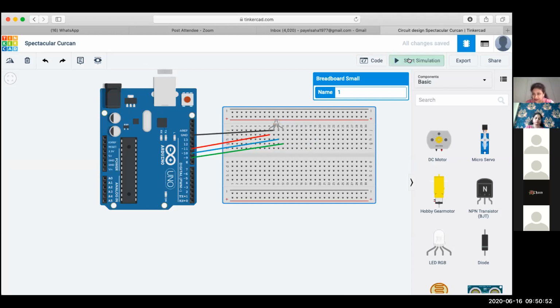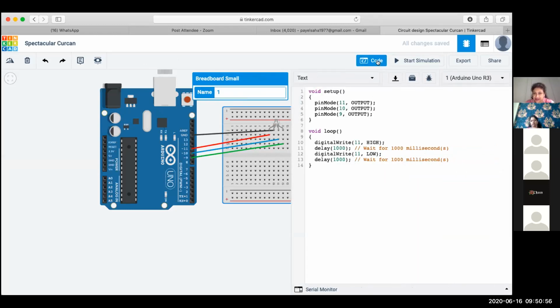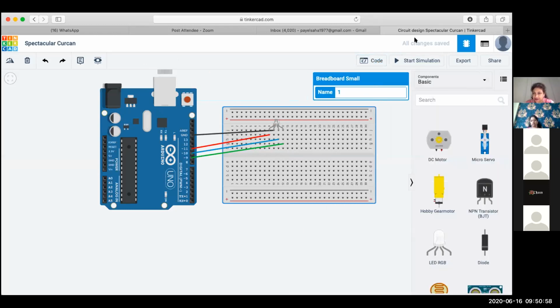I stop the simulation and go back to the code. And let me ask you, why is it so? Not used any resistor, the power is more as compared to the working range of the LED. Great, because we have not used the current limiting resistor, right? So what we need to do is to bring the resistor over here.